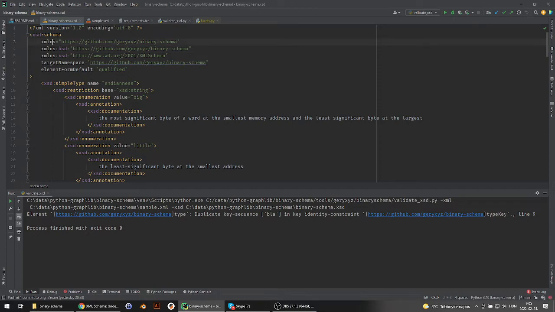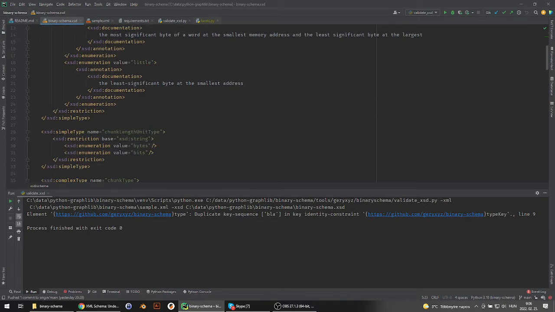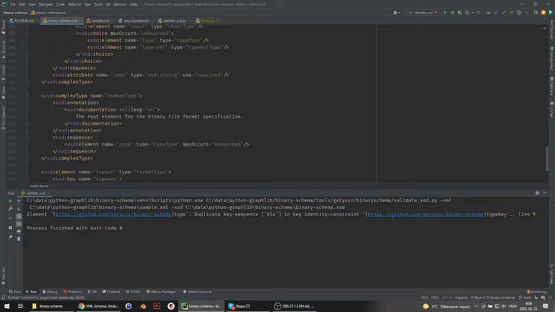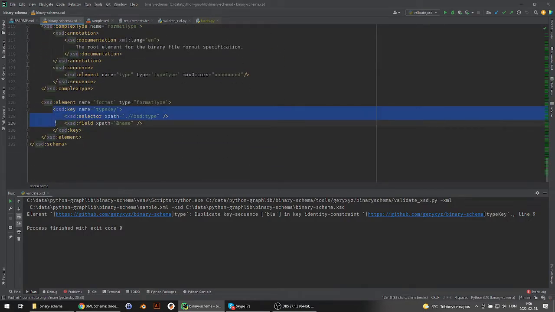So anyway, I define the schema so that the default namespace is the same as the target namespace, and the elements need to be fully qualified. By default, the attributes are not fully qualified, but placed inside the element scope. Okay, so let's ignore this line for now. I also specify the XSD namespace, of course, because it's a schema definition. So I define my namespace, and I would like to create a key constraint here